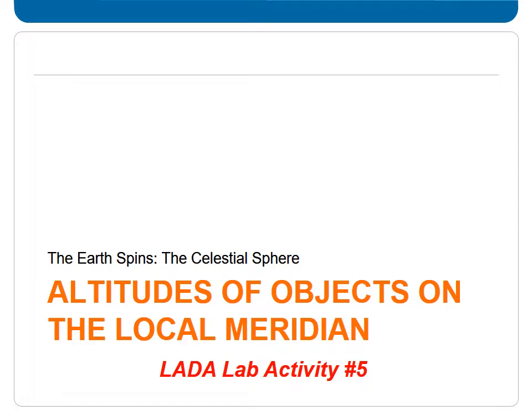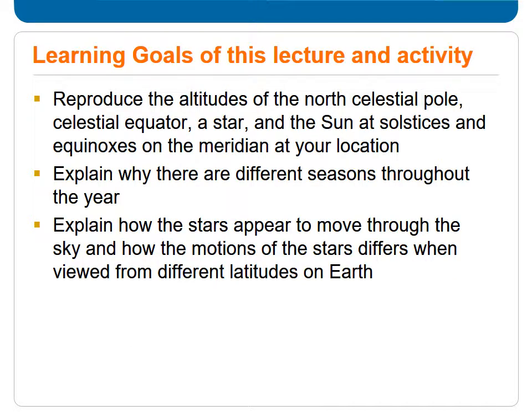This video explains the Learning Astronomy by Doing Astronomy Activity 5, titled Altitudes of Objects on the Meridian at Your Location, which reinforces the material of Section 2.1. The learning goals of this activity are to reproduce the altitudes of the North Celestial Pole, Celestial Equator, a star, and the Sun at solstices and equinoxes on the meridian at your location, and to explain why there are different